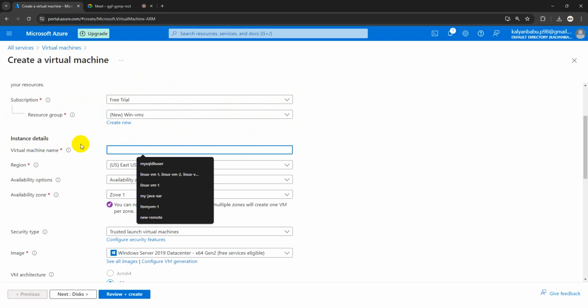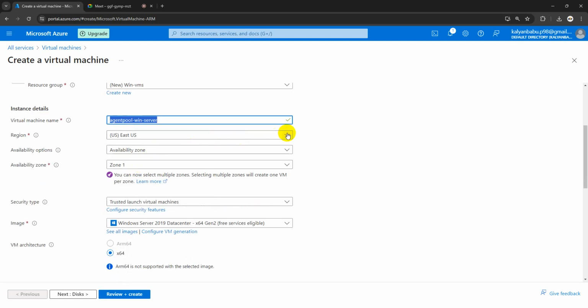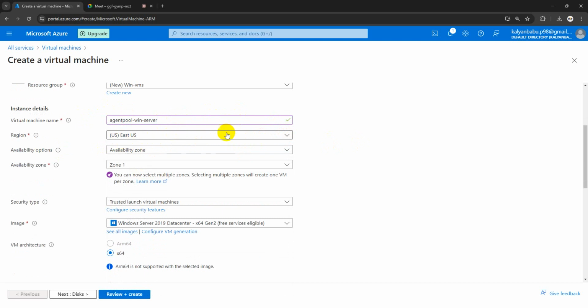Okay, I will give something like agent pool win server. Okay, this is the name for my virtual machine, and you have to select the location where you want to create this virtual machine. By default it is showing East US. Yes, I will keep the default, but